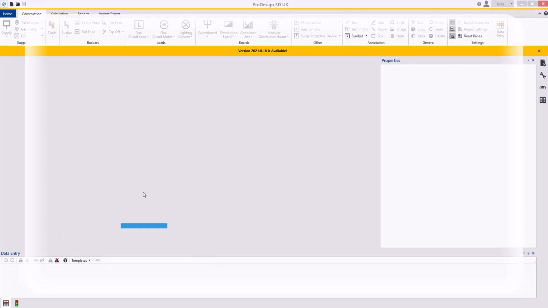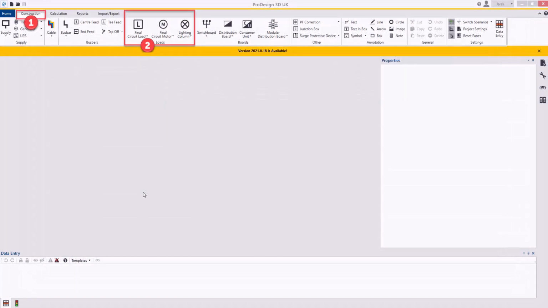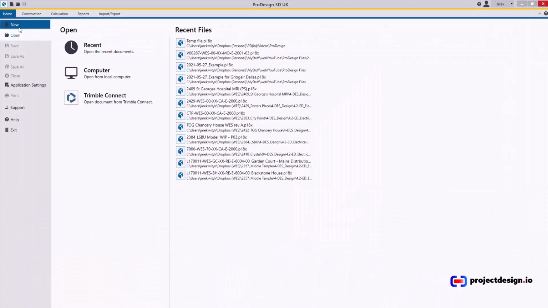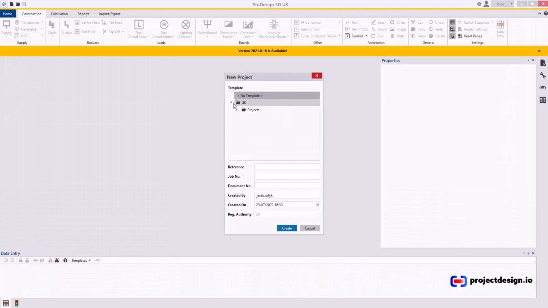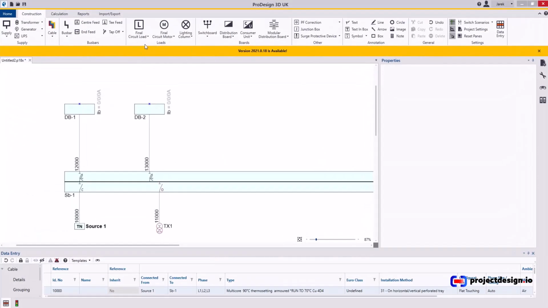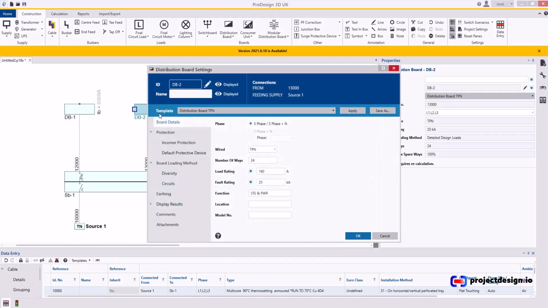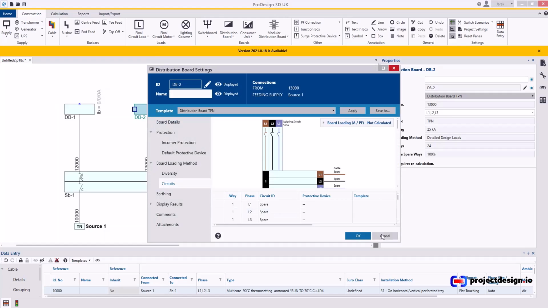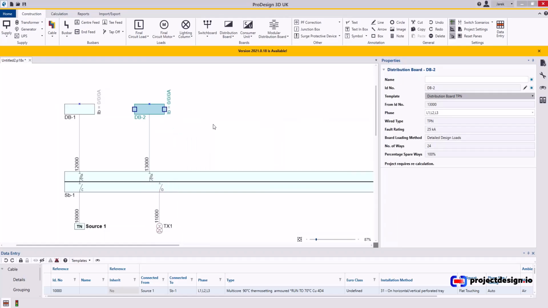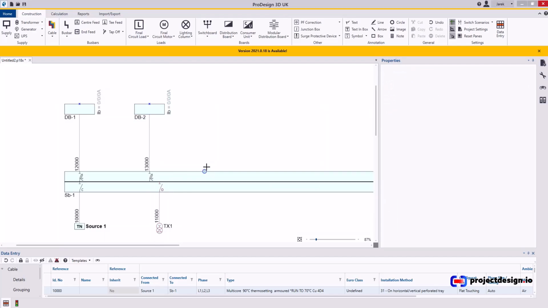In this video, I will run through the loads component of the construction tab. Press Home, New, and open a new project. Loads. I rarely use this group because I typically would apply loads as a final circuit in my distribution boards in here. But if I wanted to have a fire alarm, if I lose final circuit load, and I could